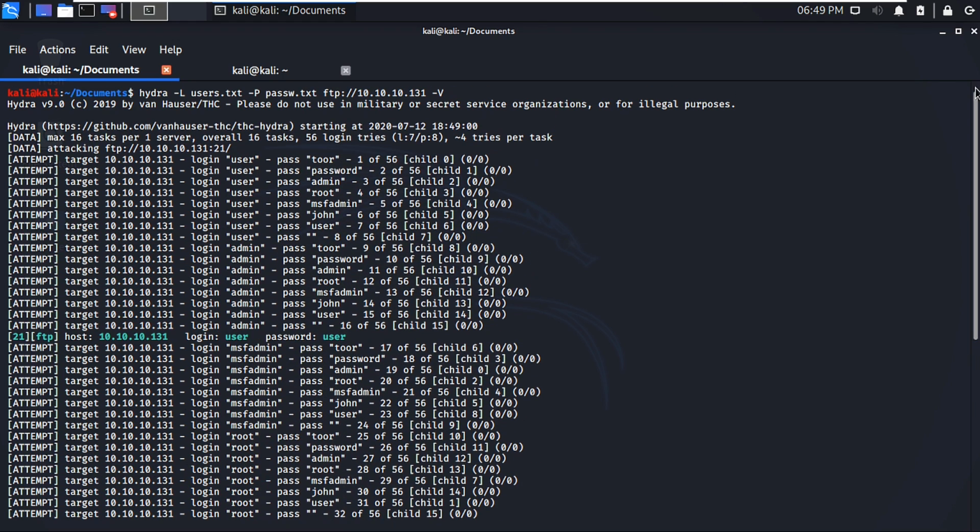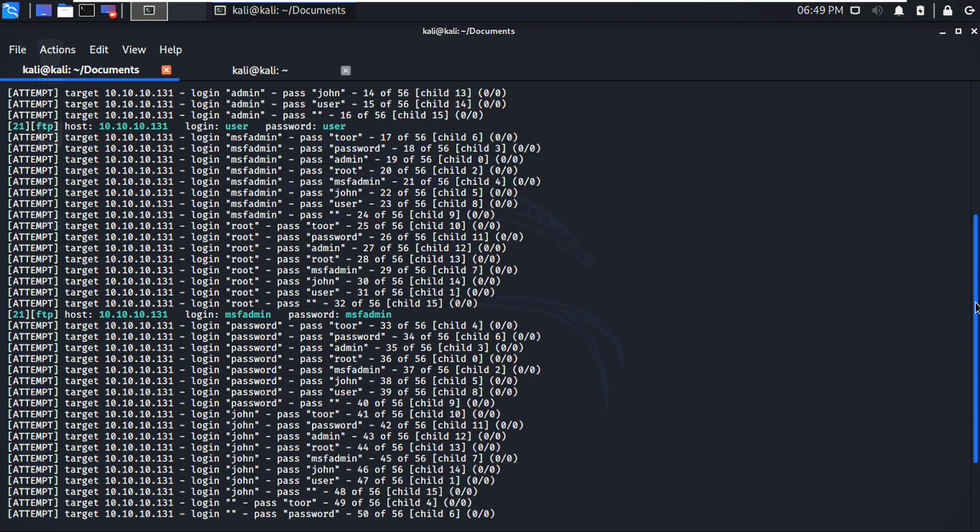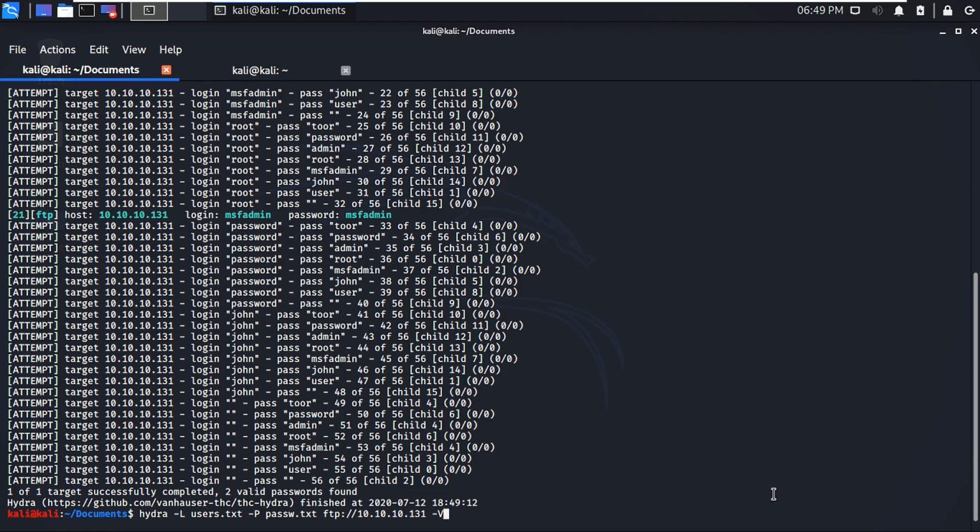Now we are going to see how we can use Hydra to crack the SSH server as well. To do that, you just need to change the service to ssh. And if you have the SSH server running on a different IP, then you can pass it here. But for my Metasploitable 2 machine, SSH and FTP are running on the same IP.